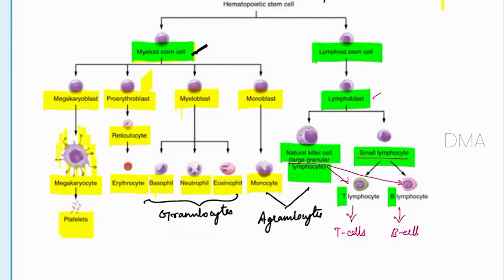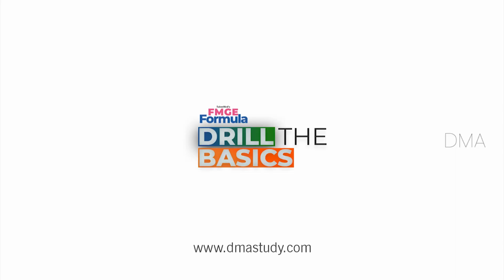Remember, during the hematopoiesis, you should know the progenitor cells of erythrocytes, proerythroblast. Myeloblast is for granulocytes. Monoblast for agranulocytes. And megakaryoblast for the platelets. Remember, you may get questions regarding this in the exams. Okay. And from the lymphoid stem cell, you will get the lymphocytes. Whether it is small or large, it doesn't matter. Both is from the lymphoblast cells of the lymphoid progenitor cells. Okay.